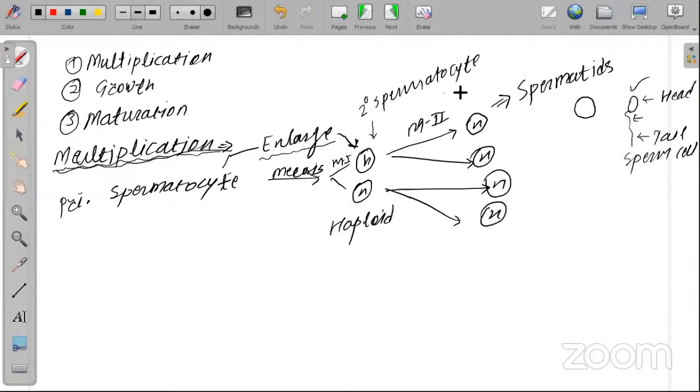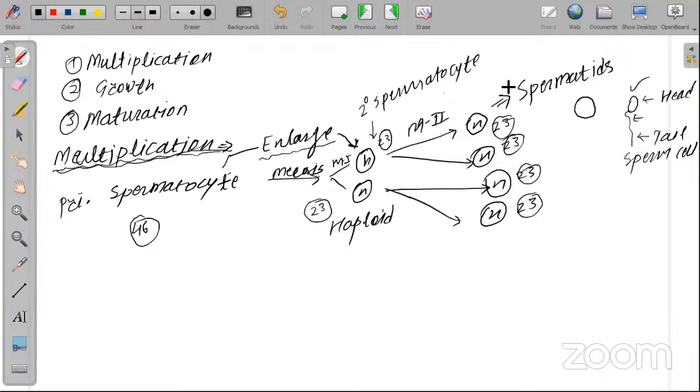हाँ, ठीक है शिवराज. Here, in the process of multiplication, the primary spermatocyte contains 46 chromosomes, and it goes through the reductional division. That's why here only 23, and here 23 chromosomes are present. So in the case of spermatid, here also 23, 23, 23 and 23 chromosomes are present. समझ में आ रहा है? Because it is a haploid cell and we already discussed haploid and diploid.